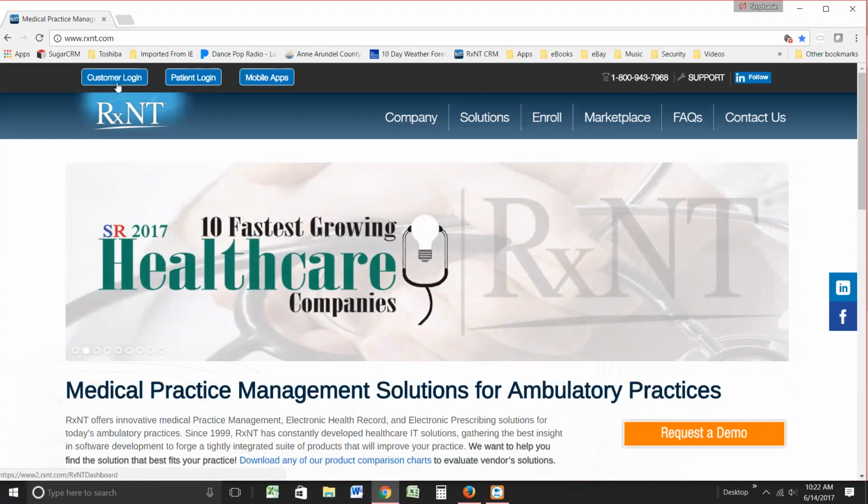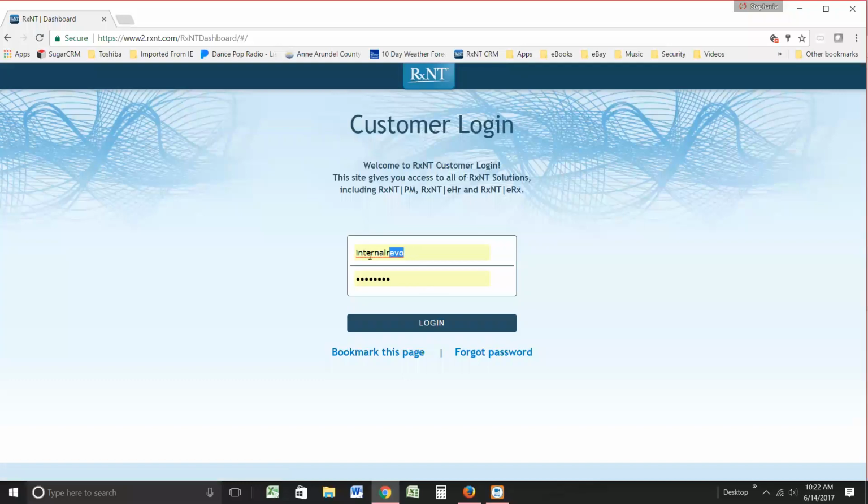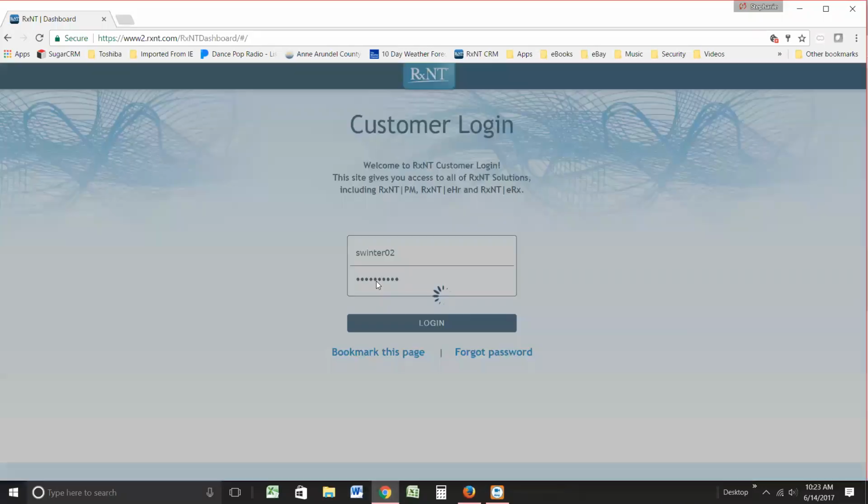On our left-hand side, you'll click on Customer Login. When getting to Customer Login here, you'll enter in your username and then your password. If you forget your password, you'll enter in your username and then come down to Forgot Password. Selecting this, it will then send you a link so you can reset your password. So I'm going to type in password here, click Enter or Login, and it brings us to the screen where we're able to select what application